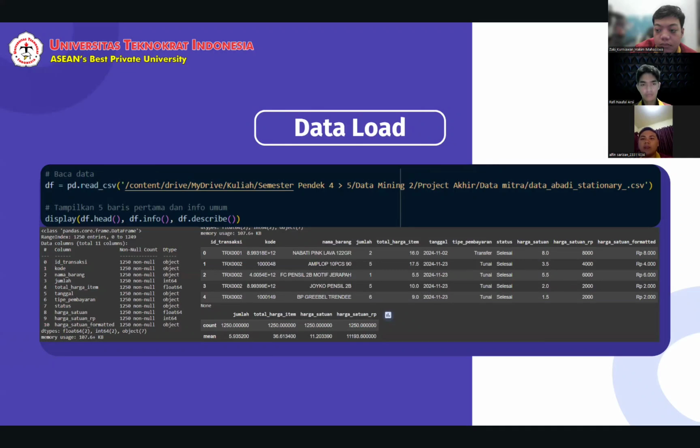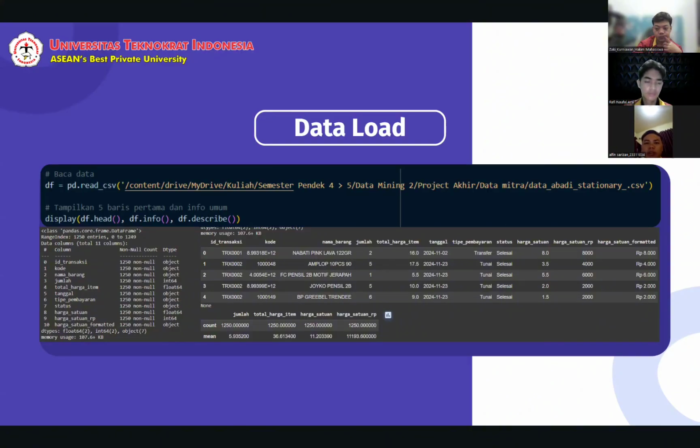Okay, load data. Step 2 in setting up and implementing K-means in Google Colab. I aim to load and review the initial data before further analysis is performed. At this stage, the CSV file containing the sales data for Toko Abadi Stationery is read using Pandas, and then a preview of its contents and data structure is displayed.